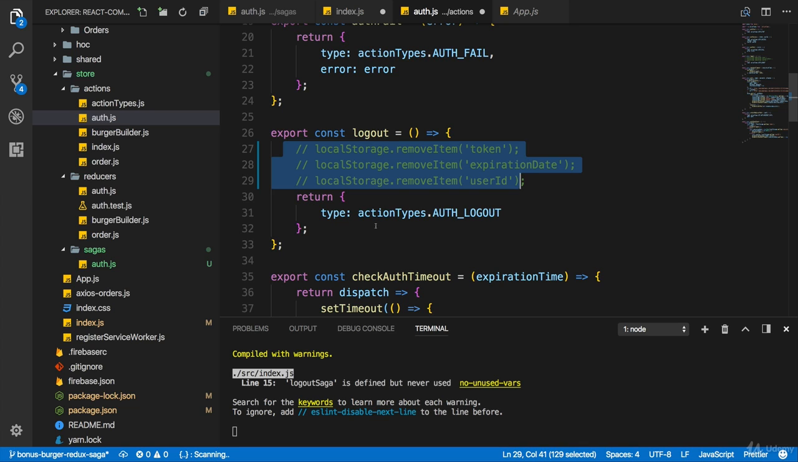Instead here, I really just want to dispatch an action. I want to create an action. Nothing else. I don't want to have any side effects in there anymore because I want to handle these with Redux Saga now. So what I will do is I will dispatch something here and I will create a new